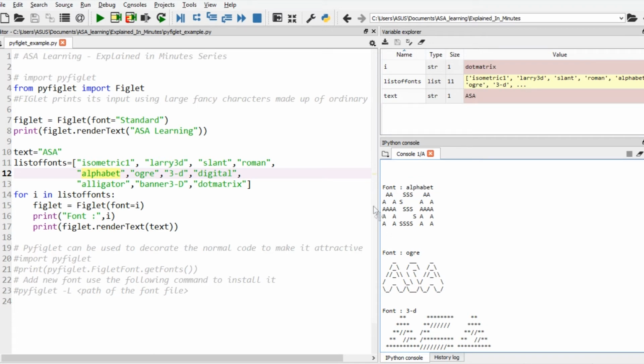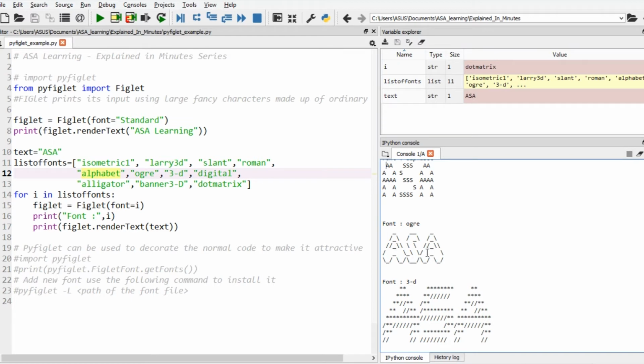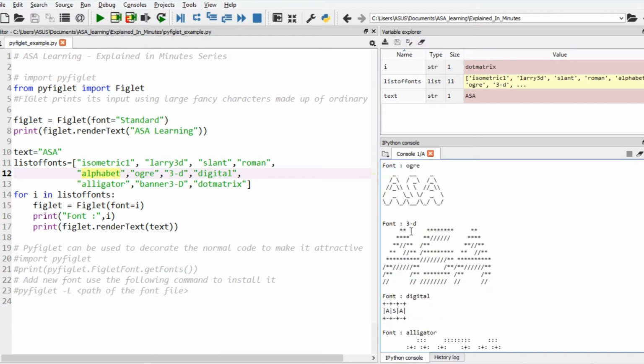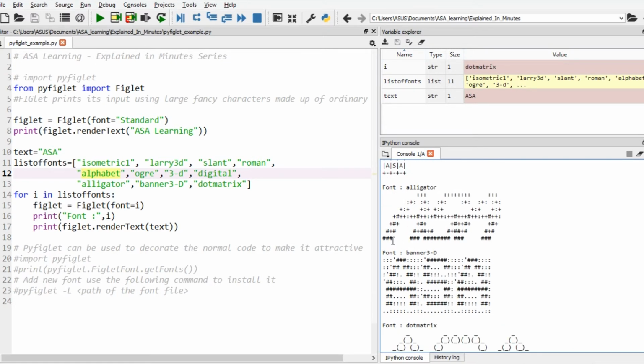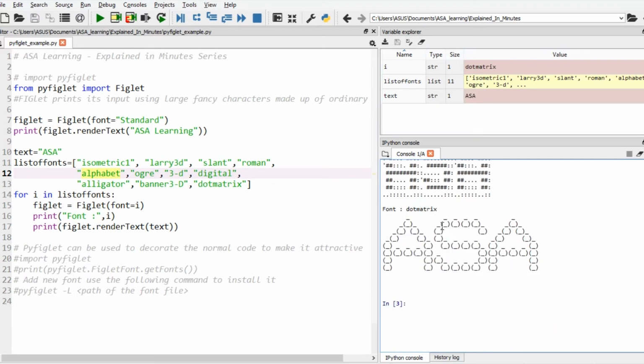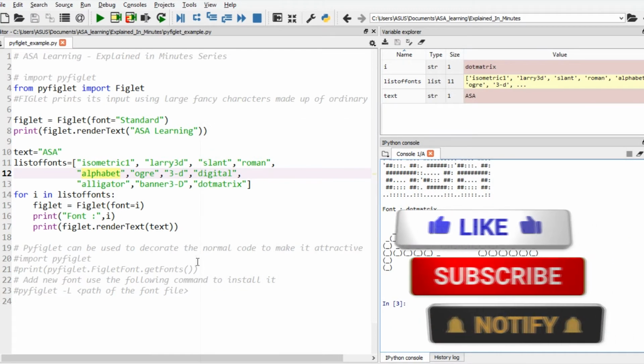That too, the A shape is only with the letter A, and you have other font styles as well. You can explore it. 3D is also one of the useful fonts when you use it in websites. Digital, Alligator. So Alligator is a special font style where at the bottom you have hashes and as you go above it will get mixed with plus and colon symbols. You have Banner 3D, Dot Matrix, and you have other font styles as well.